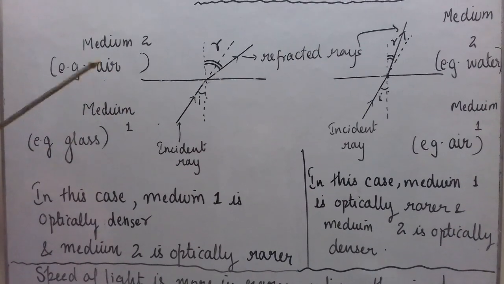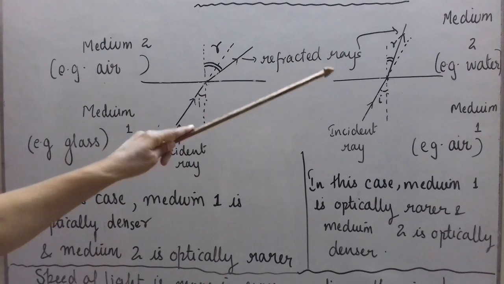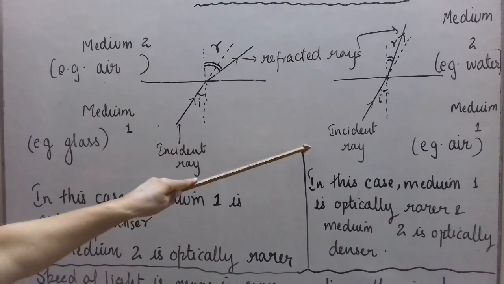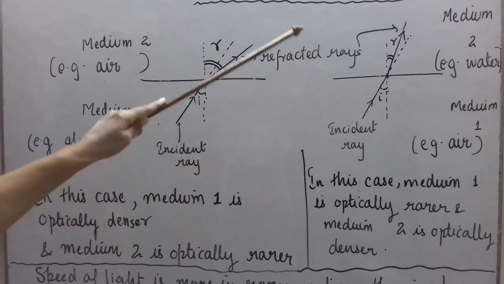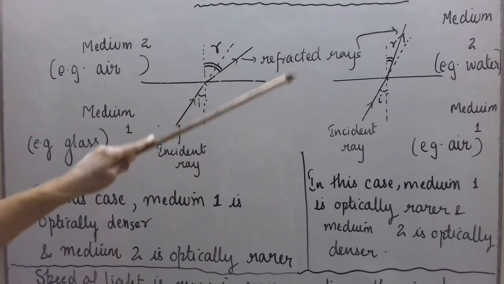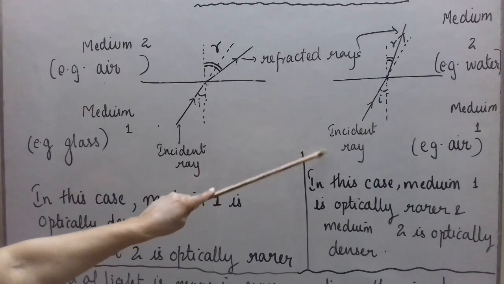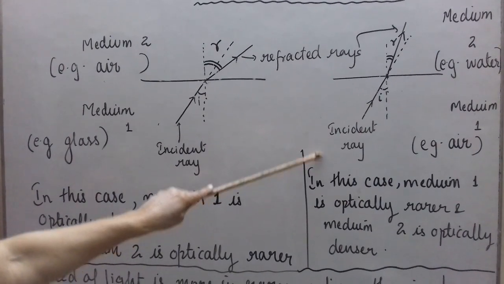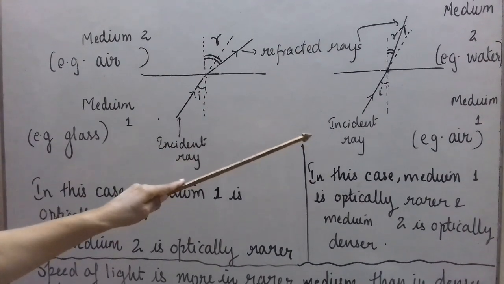Let us consider the other way now. Suppose I consider water there and glass here. You should remember that the speed of light in water is more than the speed of light in glass. So if I take glass here, then glass is optically rarer and water is optically denser. But